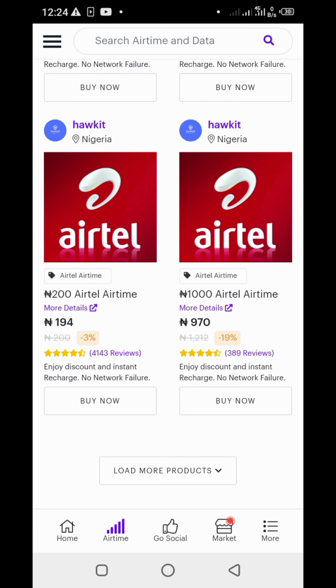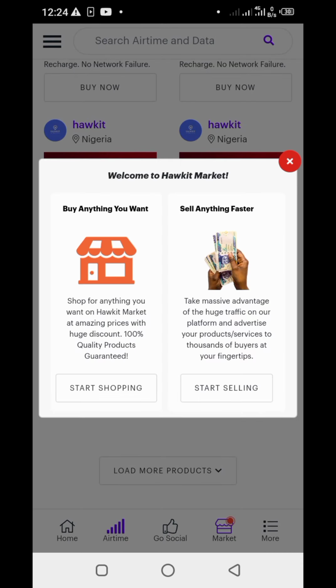There is also a market. That is why I say this application is very reliable. You can start shopping, and you can advertise your product in this application, that is, start selling, and you can also buy. Yes, this application is very reliable. They are not going to run away with your 1000 Naira.